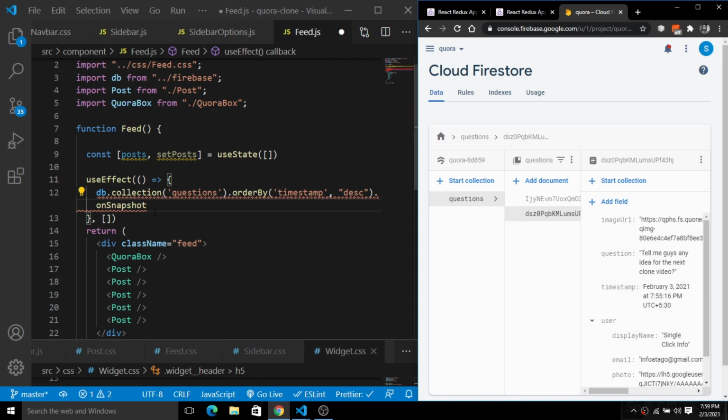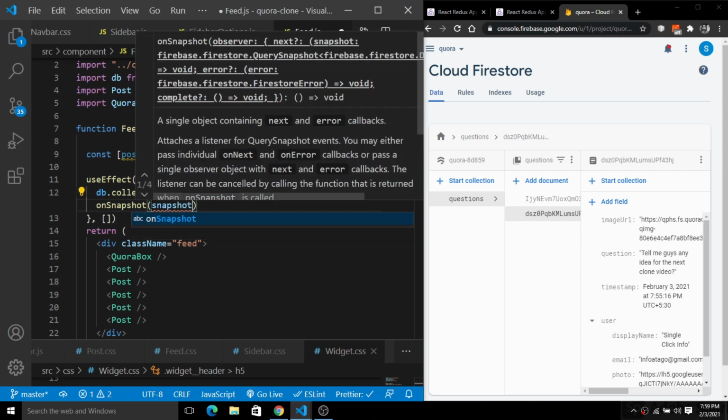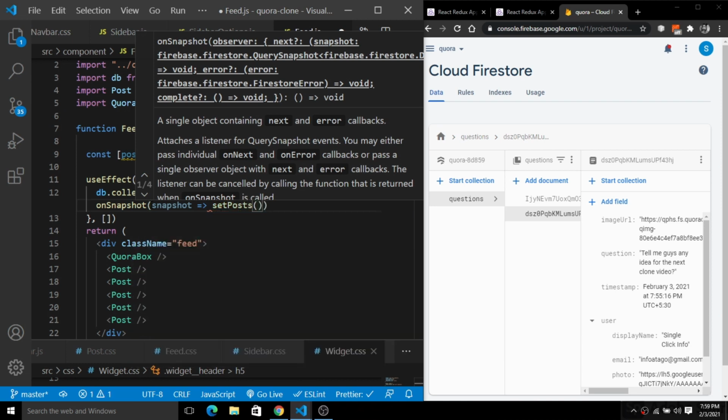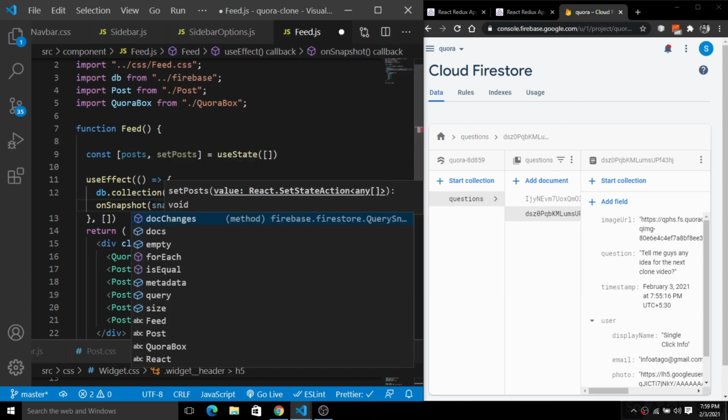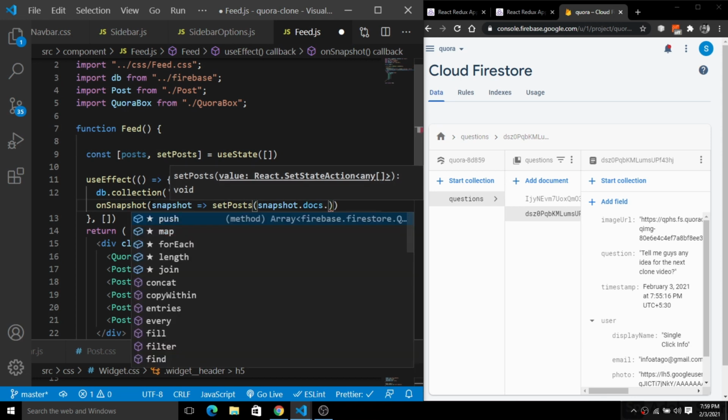So how will we add these things? We will create an object for the snapshot, and call an arrow function here. On snapshot we have this setPosts, and inside of this we have snapshot.docs and docs.map.